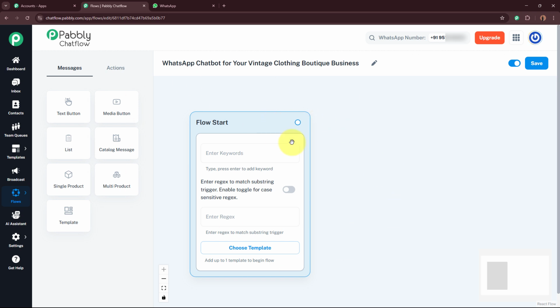Now, how is this bot that we are creating going to be triggered? Over here, we have three methods: keywords, regex, and choose template. With the help of keywords, if you enter any of the keywords over here, this bot is automatically triggered when a customer sends those keywords as a message to us on our WhatsApp. Regex stands for regular expressions,